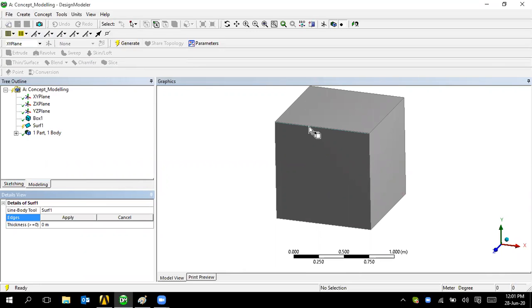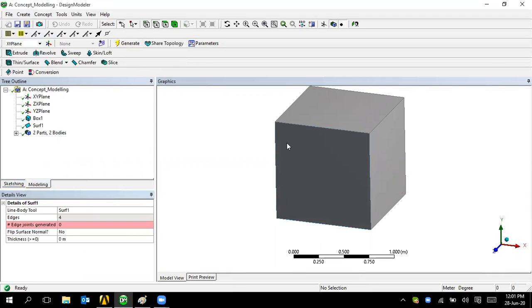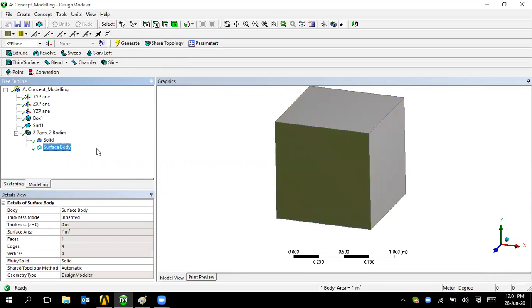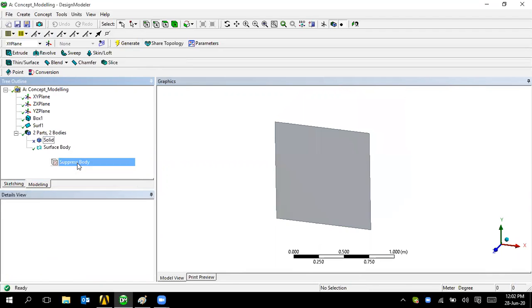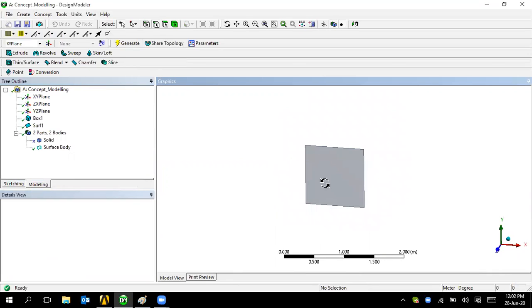With the help of this surface edge, I mean this edge loop, apply, so generate, so that this is created. Look at here now, one solid and one surface. One solid, one surface means that it is your original body. So you can hide it, or if you don't like, you can suppress it. So you can do analysis on only this one.